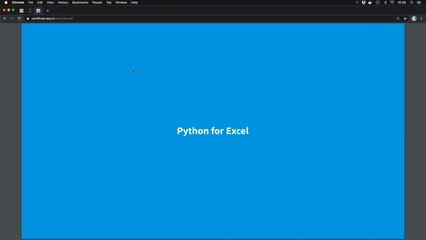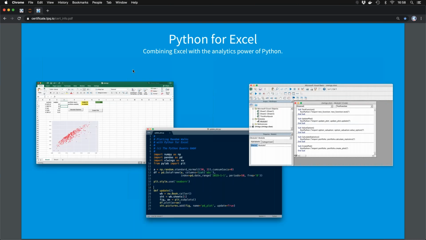Python for Excel. This is something that we put into the optional category because I know that in the financial industry, Excel is still a widely used tool, but not everybody is interested in Excel. Therefore, this is an optional element of the program, but it's a popular one. People often want to combine the analytical power of Python with the ease and fast prototyping of Excel, where I say, well, maybe I have here my little graphical user interface.